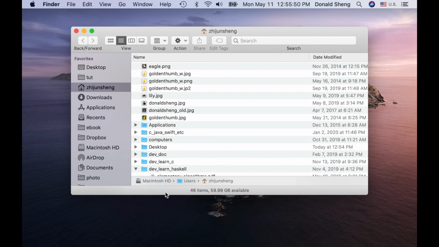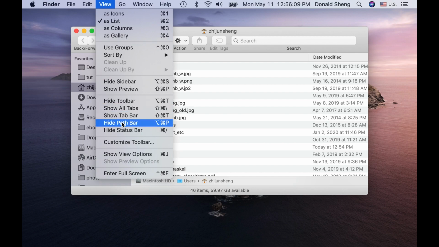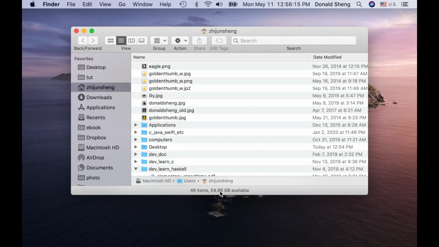So we can see in the bottom status bar, I have nearly 60 GB available. That's big enough. If you cannot see this bar, you can check the View menu and Show Status Bar here. Check that. If this number is too small, for example less than 10 GB available, then you should clean up your hard disk to make more than like 20 GB before you can start